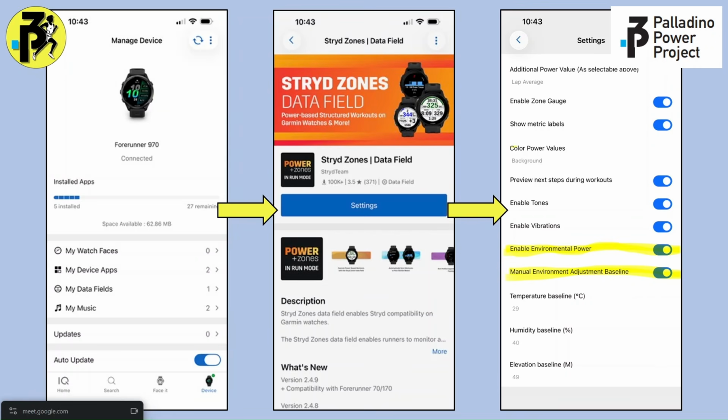Okay. One question, if you're doing this on your phone, your IQ app settings in the phone, does it automatically sync to the watch? You have to click save. After you click save, it syncs with the watch and saves your settings. Excellent. Okay, so let's talk about